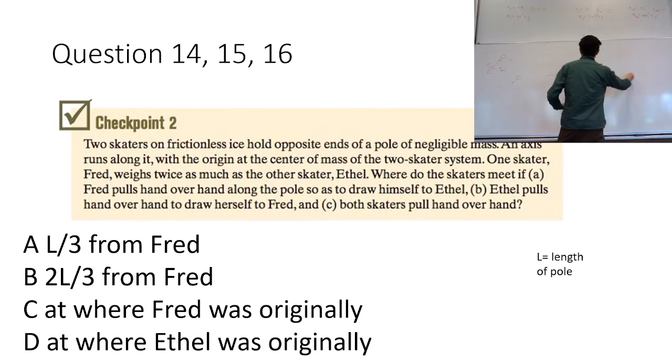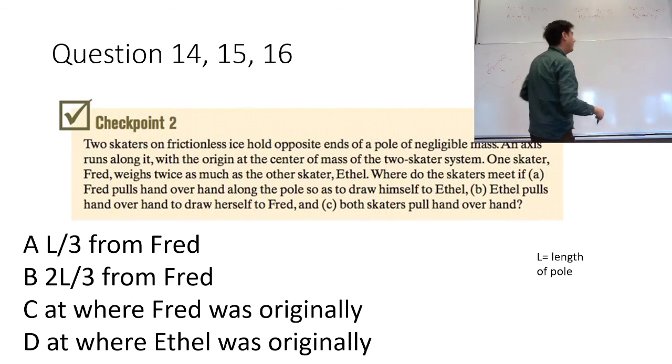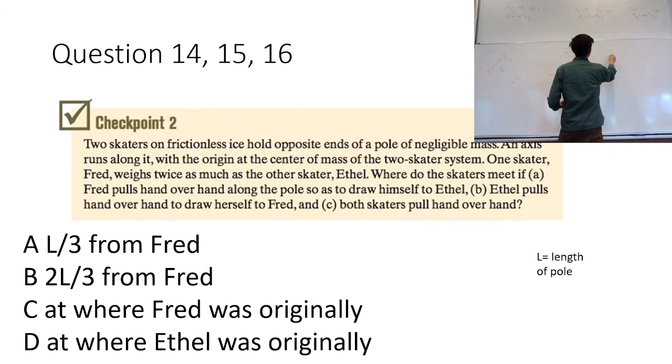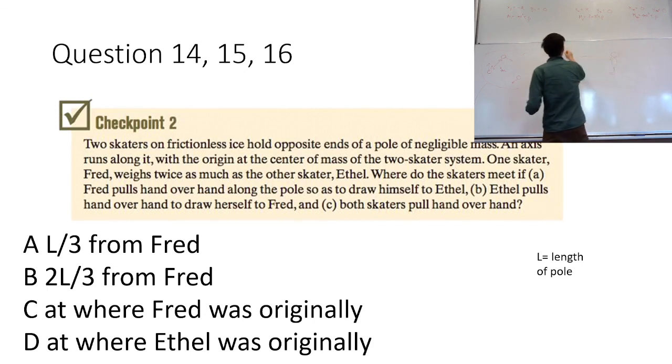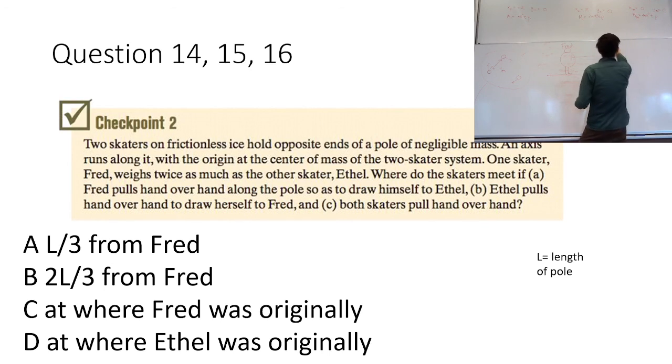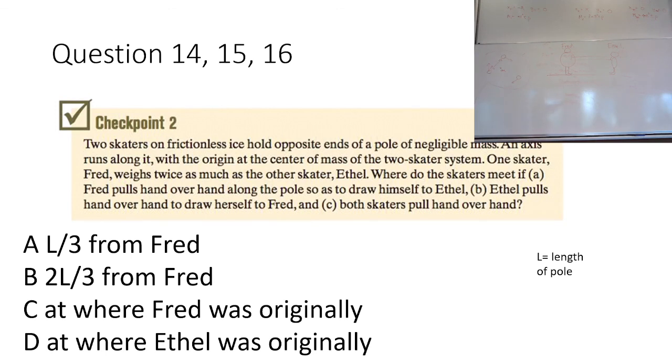So Fred is a bit of a big guy compared to Ethel, okay. And so they're holding a pole,